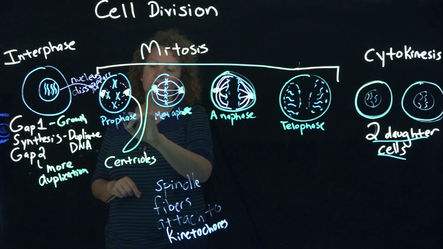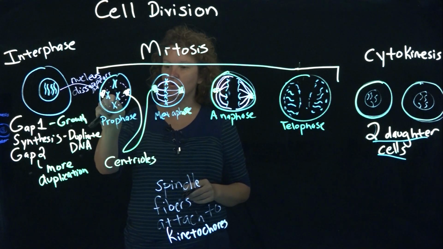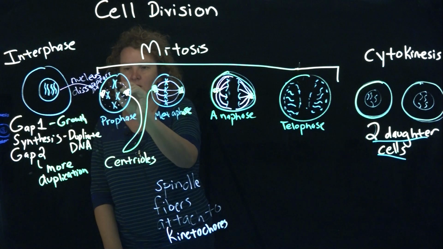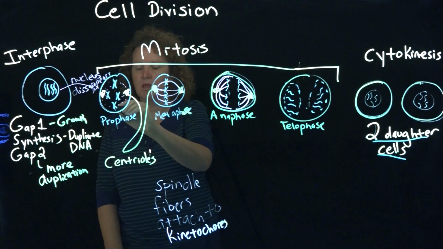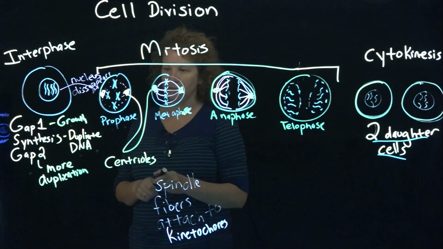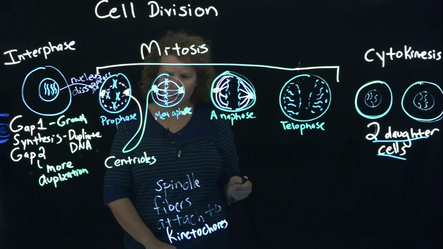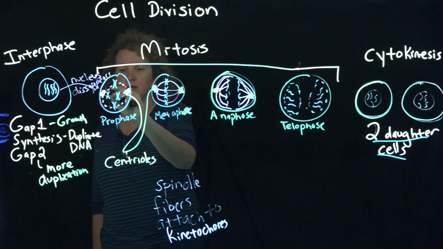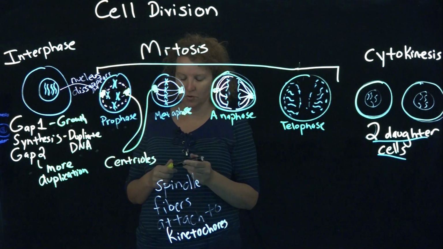So the first phase, prophase, has sister chromatids now, which I've outlined in a different video. So instead of just the 4 that we had here, now we have the 4 pairs. And remember, they're bound together by the centromere at the middle. You need to form these spindle fibers, and the spindle fibers are going to ultimately attach to the sister chromatids. You also need to form centrioles. Those are your poles that allow the spindle fibers to have a pole to attach to and pull apart these sister chromatids.